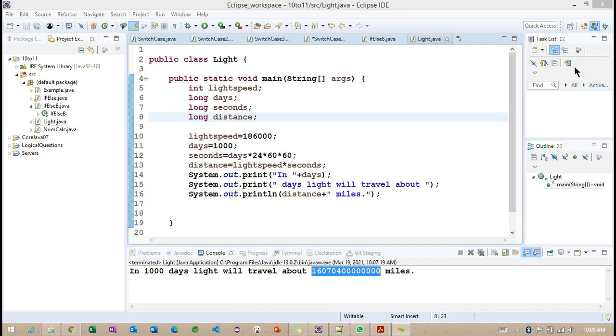Then after the in, it will print the 1000. Then system.out.print will print the message: days light will travel about. Next it will go to the next line, and then it will print distance. Then the distance value is equal to light speed into seconds. Then after calculating this, it will print the distance.